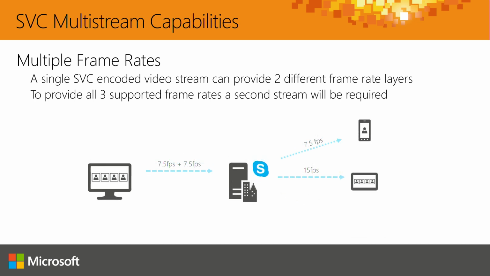The moment when you have a laptop disappearing, jumping off the conference, the front-end server will realize that I have got only a 15 frames per second request and 7.5. The conferencing server will send a message to the desktop saying, stop sending me 30 frames per second because I can handle 15 and 7.5 using your existing 15 frames per second stream. Okay? So that's how the multi-stream capability of the temporal scaling comes deployed with H.264. That's the only thing we have actually